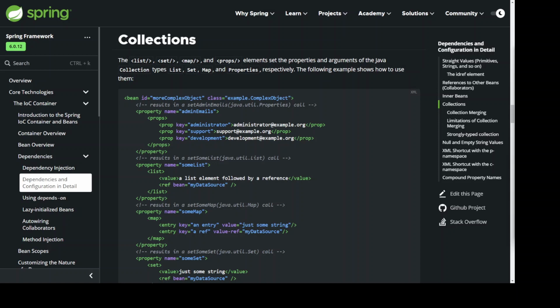<property name="adminEmails"> <props> <prop key="administrator">administrator@example.org</prop> <prop key="support">support@example.org</prop> <prop key="development">development@example.org</prop> </props> </property> <!-- results in a setSomeList(java.util.List) call --> <property name="someList"> <list> <value>a list element followed by a reference</value> <ref bean="myDataSource"/>